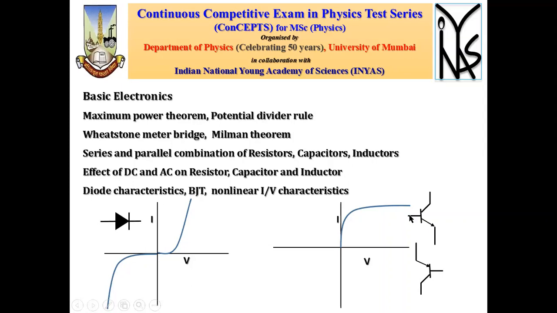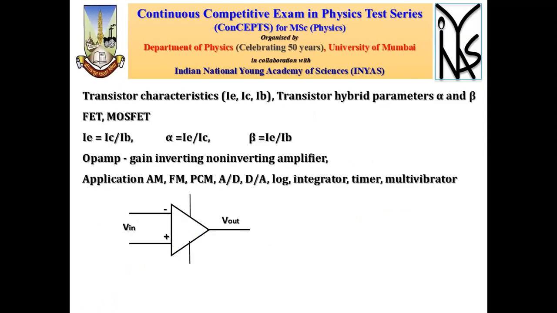Similarly for the transistor, here I have not shown the applied base voltage. If you do not apply the base voltage and you start checking the IV characteristic, you may not get the characteristic which is shown in the figure here. But the moment you apply the base voltage or base current, actually it is a current driven device. So if you apply IB, automatically the IC will start increasing, the collector current or the total current through the transistor will increase, and then it will become a constant current source also within the saturation region of the current. So this is a little introduction about the characteristic of diode semiconductor devices.